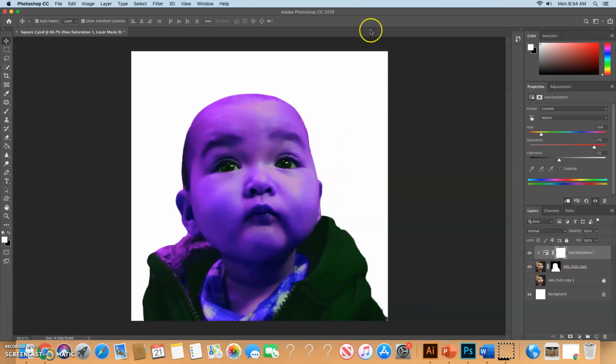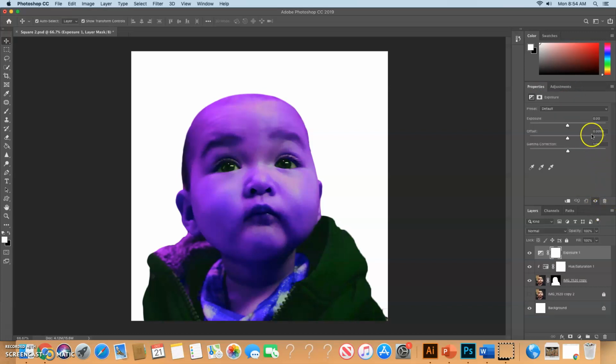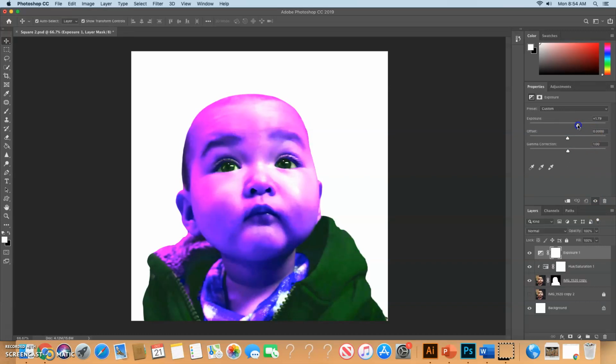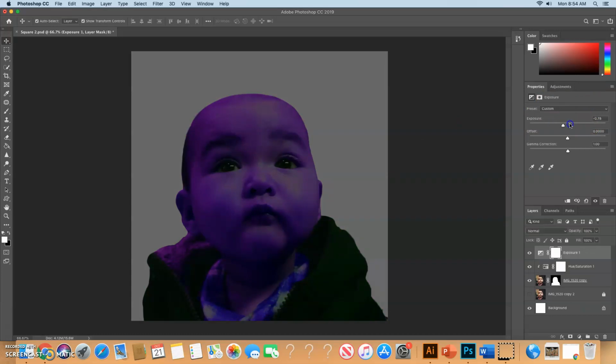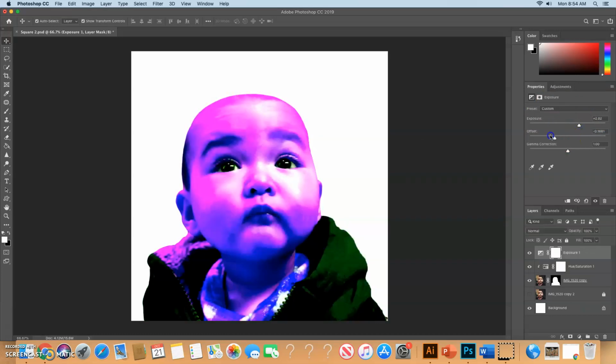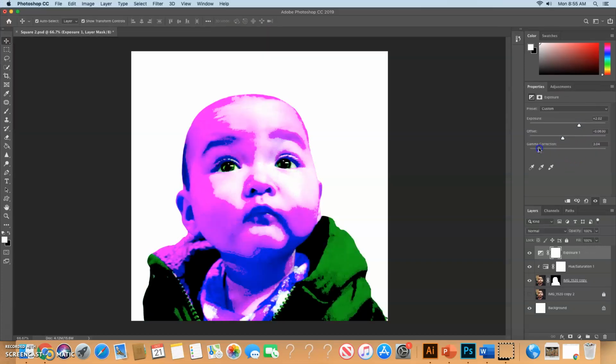Okay, let's see. I'm going to go back to adjustments and check out what some of my other ones are. Let's do exposure. Essentially, exposure is like exposing a photo, right? If I go to my right, it's going to make it brighter. If I go to my left, it's going to make it darker. Offset helps balance some of that stuff out. And then gamma correction is kind of like that intensity stuff again. So with this one, I'm actually going to go